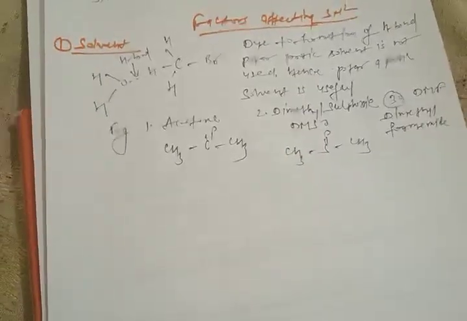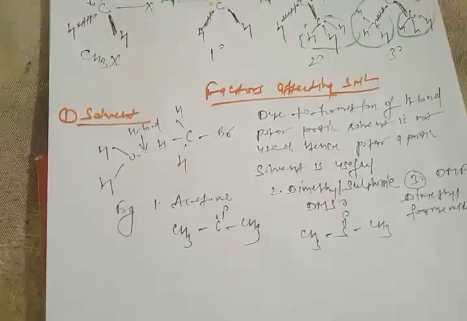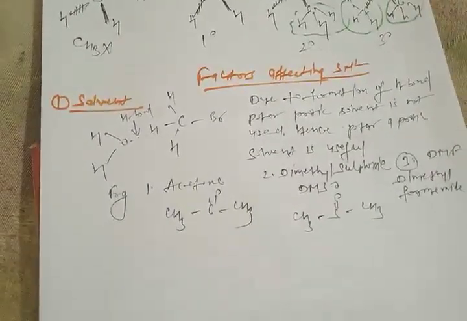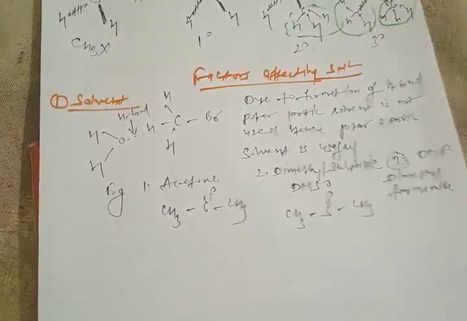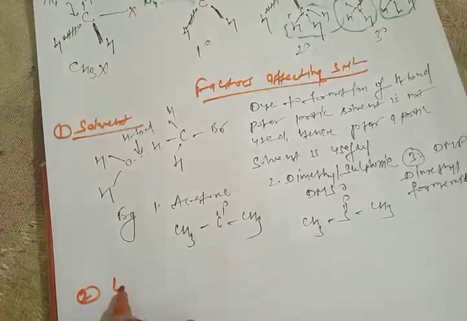Okay, so these are the polar aprotic solvents, and the reason is very clear, because they cannot form a hydrogen bond with the CH3Br, the reactant. Okay, and in SN1 it was a polar protic solvent. Now the second is the leaving group. Again the same, nothing is special in this case.